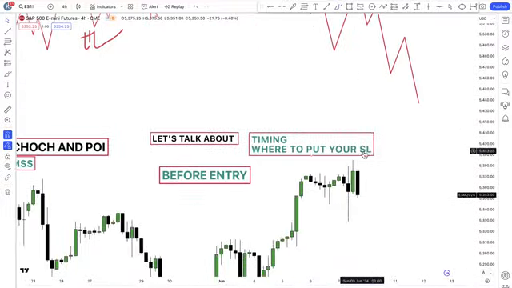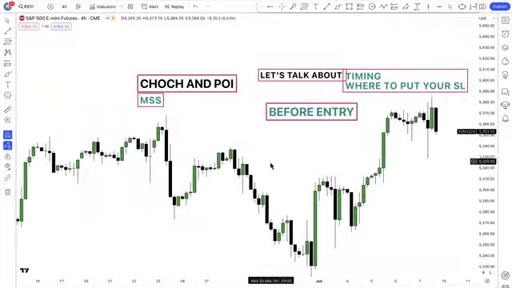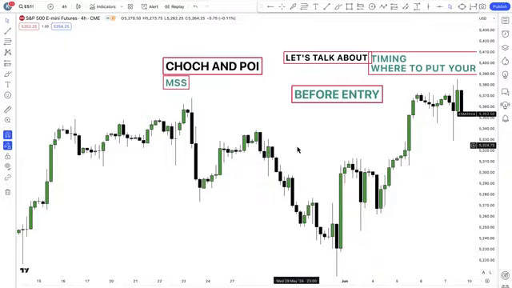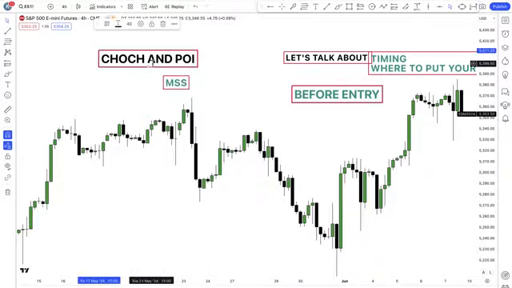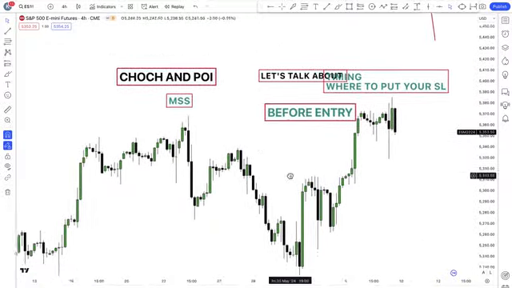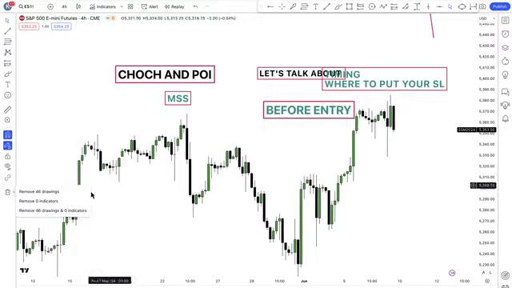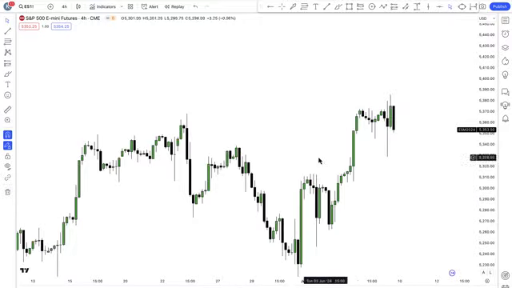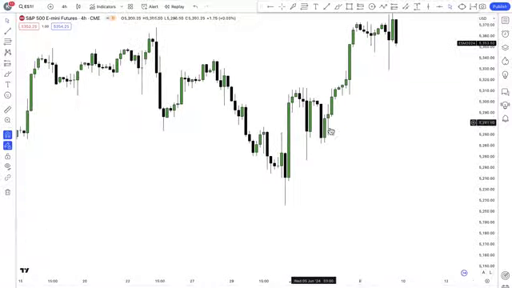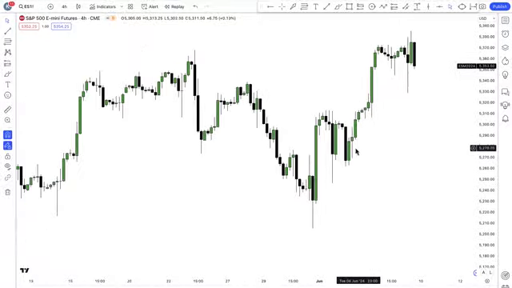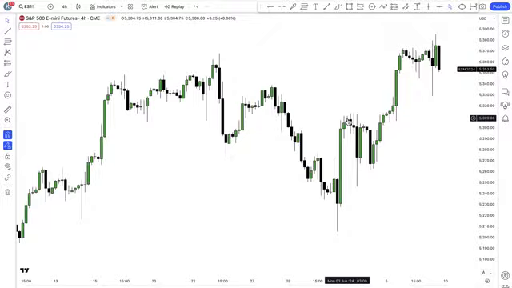So let's get back here. The same concept is what I'm going to bring into this thing called point of interest. Now look at this. Let me clean everything and leave just the chart, and this is where the lesson is all about. So I have this particular trade I took just last week.